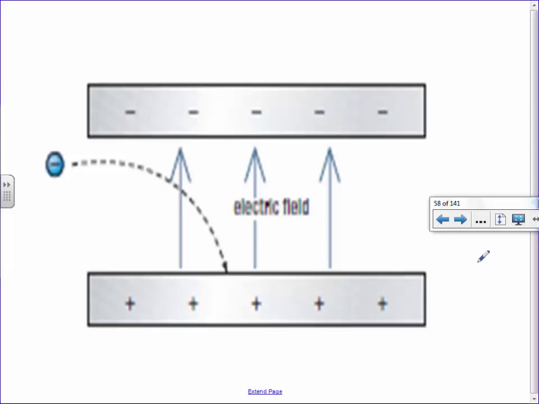Here's what ends up happening then. If you were to have a couple of plates right here, and you were to say shoot an electron through, there are actually a lot of famous experiments based on this. And if you guys have ever heard of those super old television sets, this is actually how they used to make pictures. They used something called a cathode ray tube, where essentially you shoot a charged particle into a field, and then rather than the particle staying on a straight line trajectory, can you guys intuitively make sense of this diagram here?